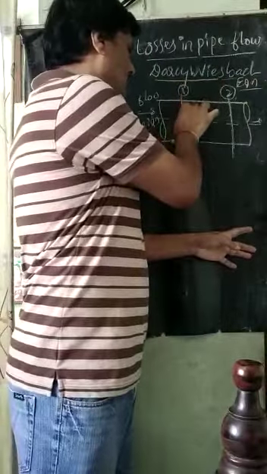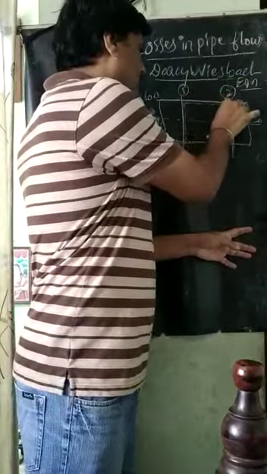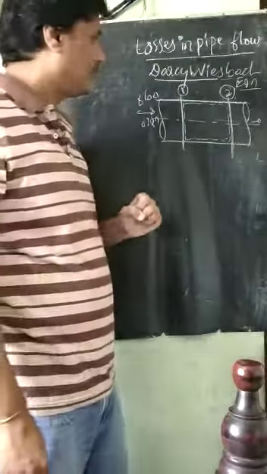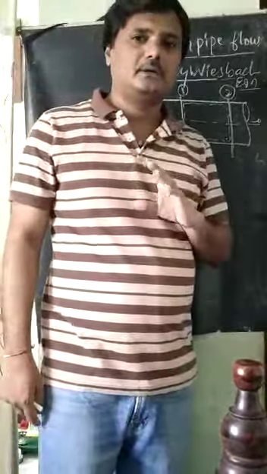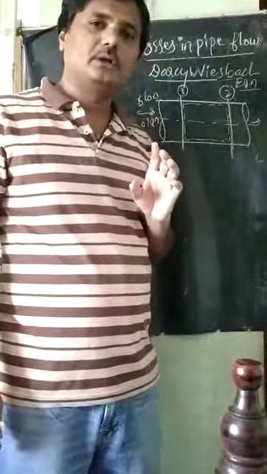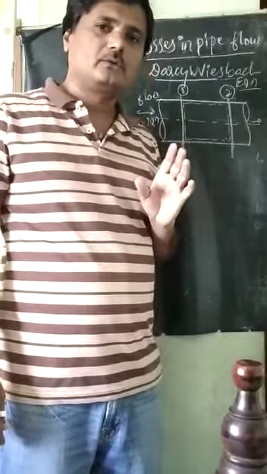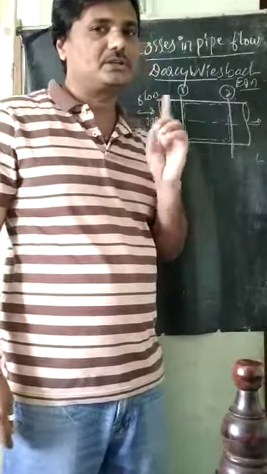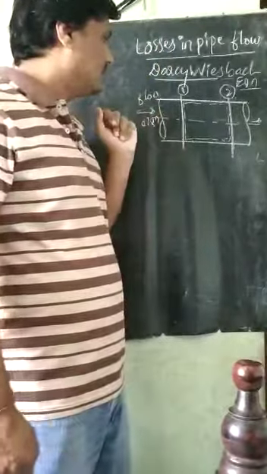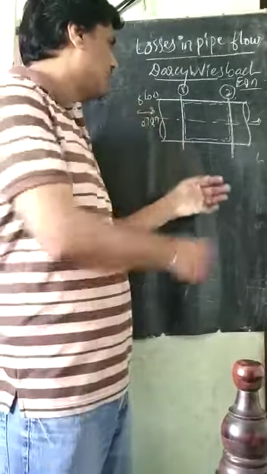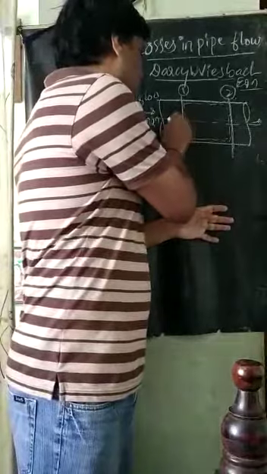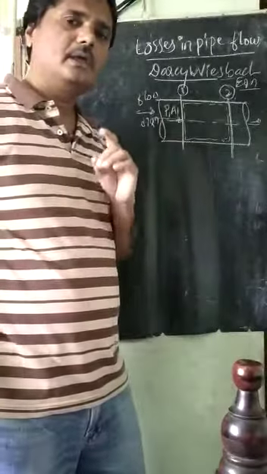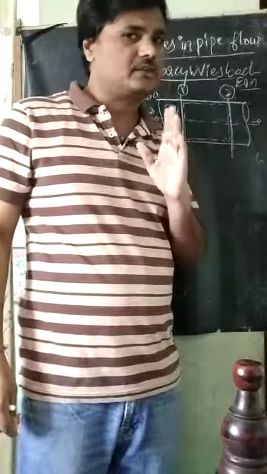Then I will take one boundary here, that is a system boundary, as we use in thermodynamics. This is the system boundary that I am taking here now. Again, when the fluid is moving, as I have told, the pressure difference is required. So the pressure at section 1 should be higher than the pressure at section 2. Therefore the pressure force acting at 1 is in this direction. This is the pressure force P1 into A1.